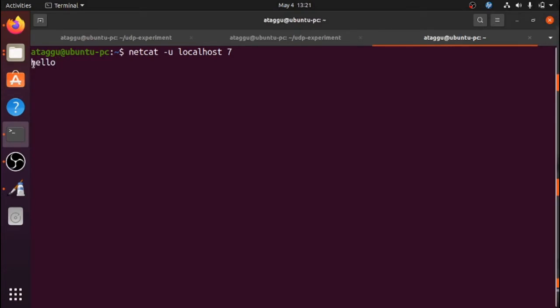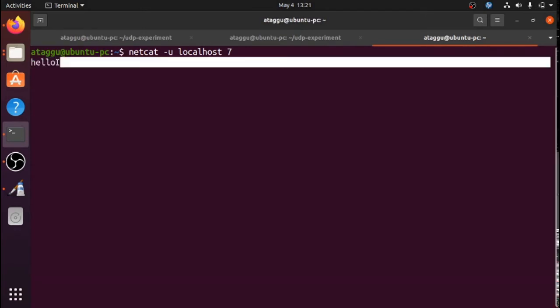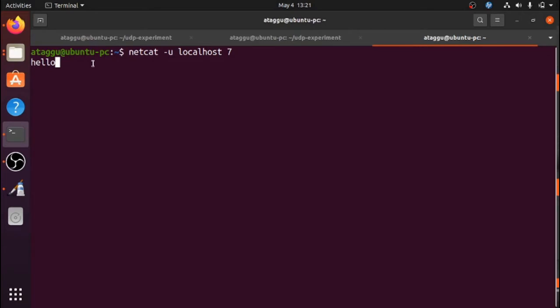We are sending 1, 2, 3, 4, 5, and the one that is marked, the new line. Okay, that also is a character. So we are going to send 6 characters. We are going to again send 6 characters. And remember, it's going to happen very fast. The moment we say hello and enter, immediately the server will respond.